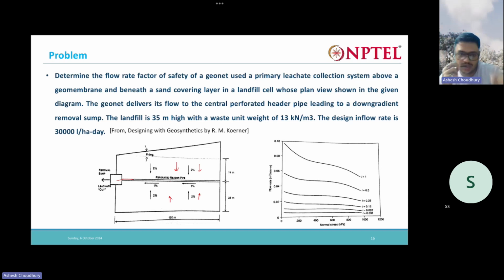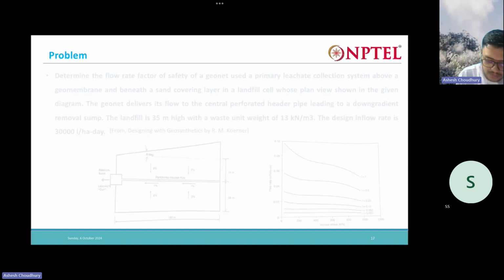So that you can determine the normal stress over the geonet. And after you know the normal stress and you know the gradient, that is nothing but 2%, using these two pieces of information you can easily find the flow rate of the geonet, and that you can compare with the flow rate that you get from the inflow of the leachate, and from there you have to determine the factor of safety. Okay, this is the question. So first we will see